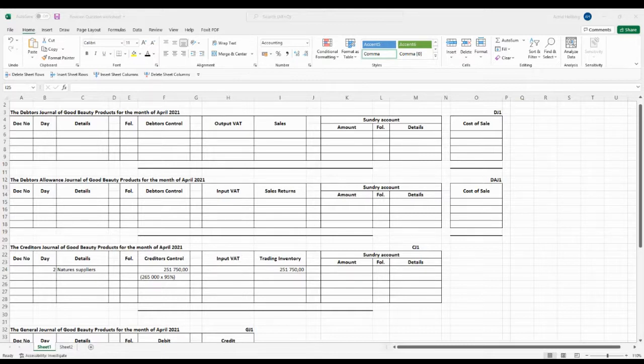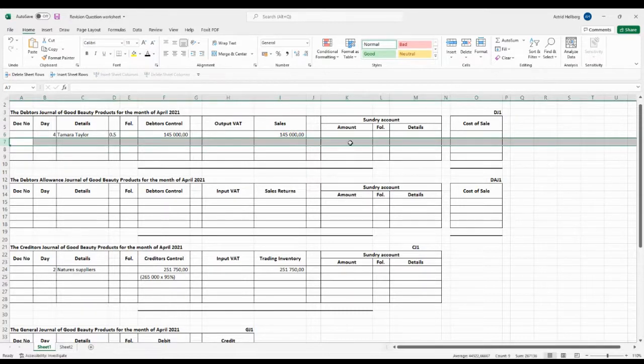Then on the 4th, we had credit sales to Tamara Taylor of 145,000. Okay, so credit sales goes to your debtors. Okay, so we've got Tamara Taylor, 145,000. Now that markup percentage is important to work out the cost of sales. Now we said we do not have VAT, so the sales would be 145,000. Now to work out the markup,